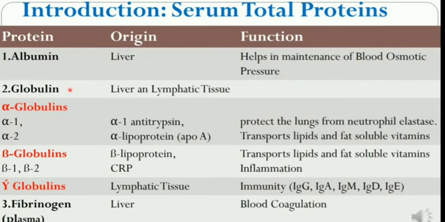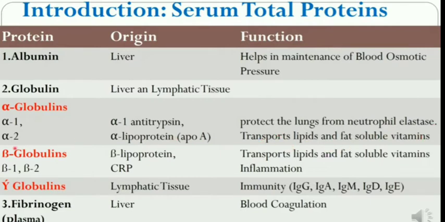The globulins contain alpha globulins, beta globulins and gamma globulins. The alpha globulins and beta globulins both are synthesized in the liver. The alpha globulins are of alpha 1 and alpha 2 types. Example of alpha 1 is alpha 1 antitrypsin, and example of alpha 2 is alpha lipoprotein, which is also known as ApoA. Alpha 1 antitrypsin protects the lungs from neutrophil elastase, whereas apoprotein A helps in transport of lipids and